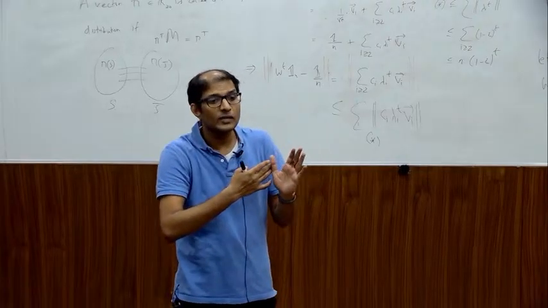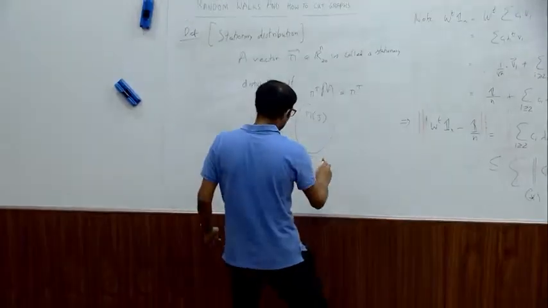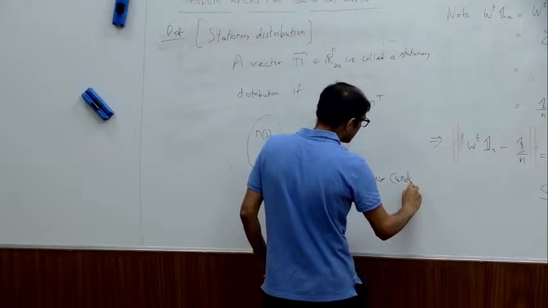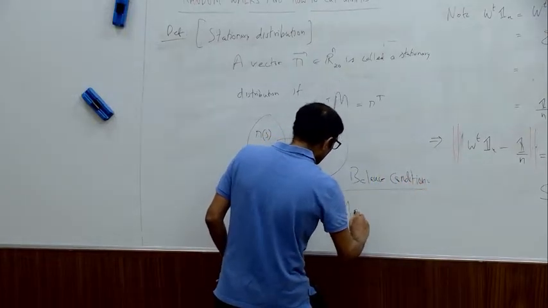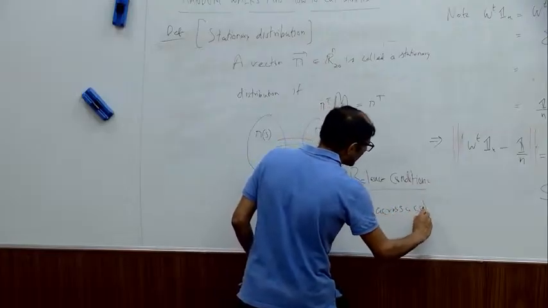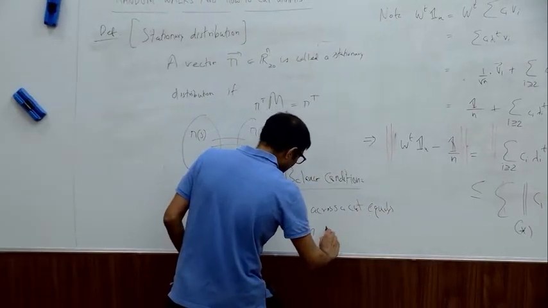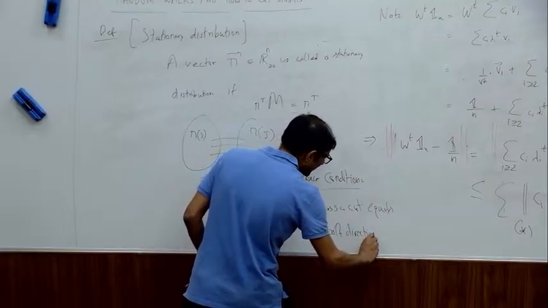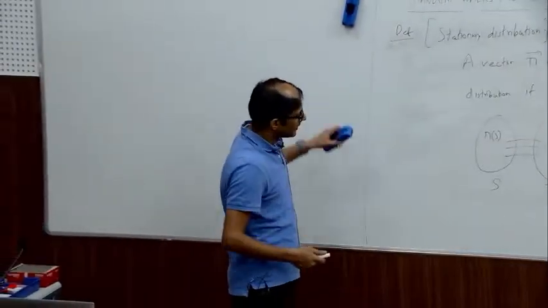This thing is called a balance condition. Okay? So this is balance condition. Which says that mass across a cut equals in both directions. Or they are equal in both directions. I mean, there is some problem with my grammar here, but forgive me. Right. So